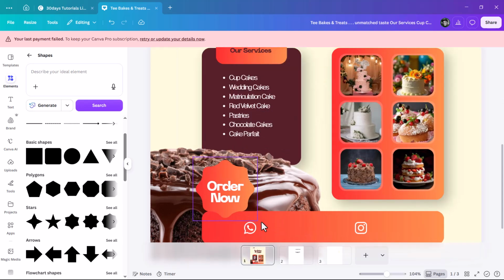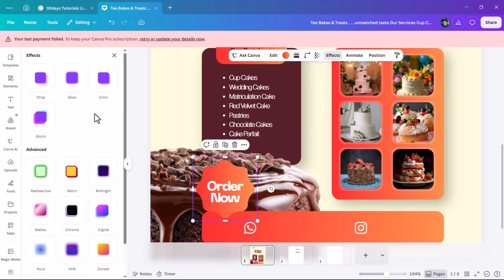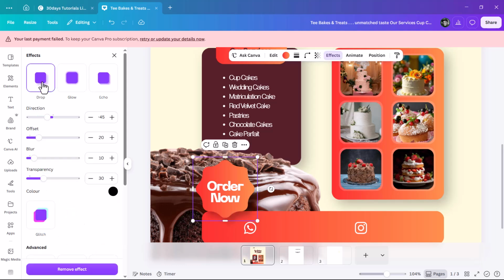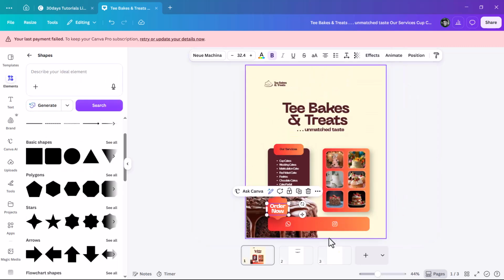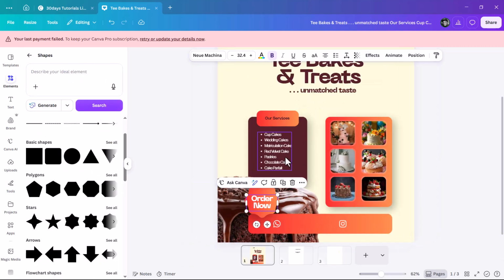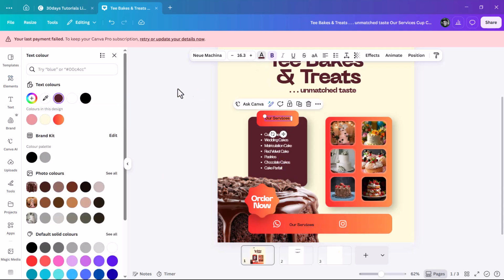So we're going to add some drop shadow so we can lift it from this background. Come to drop shadow and position it in any direction, make it longer and just add some blur so that it lifts it from that one so they don't look alike. So now what we have left to do, let's change this color to white, so now we don't end up